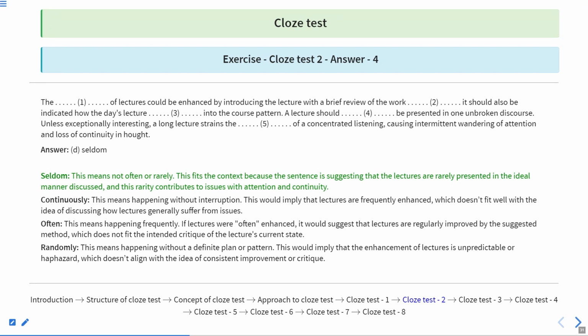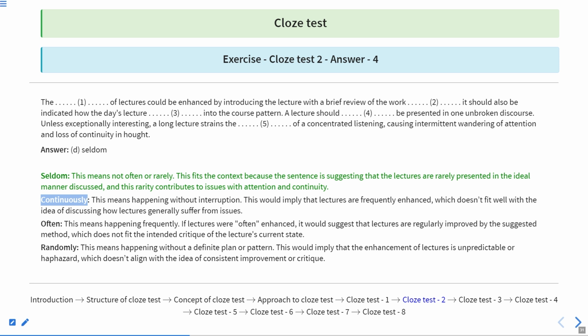So the correct answer is seldom, which means not very often or actually rarely. It fits in the context because this sentence is suggesting that lectures are rarely presented in the ideal manner discussed. And this rarity contributes to issues with attention and continuity. It cannot be continuously because continuously means happening without interruption. This means that lectures are frequently enhanced, which does not fit well with the idea of discussing how lectures generally